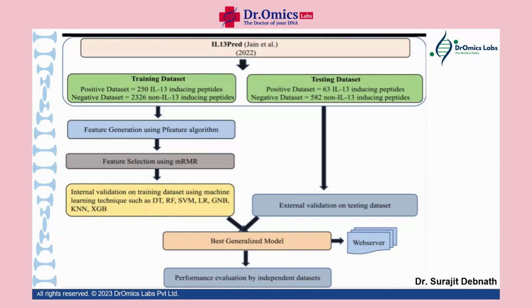Now, as you can see, the positive training set is a little less. So the positive training set is less. If you want it more robust, robust means there are no false negatives. A false negative means this is not an interleukin 13 producing peptide, but despite that, it is showing positive. So if you want to reduce that,